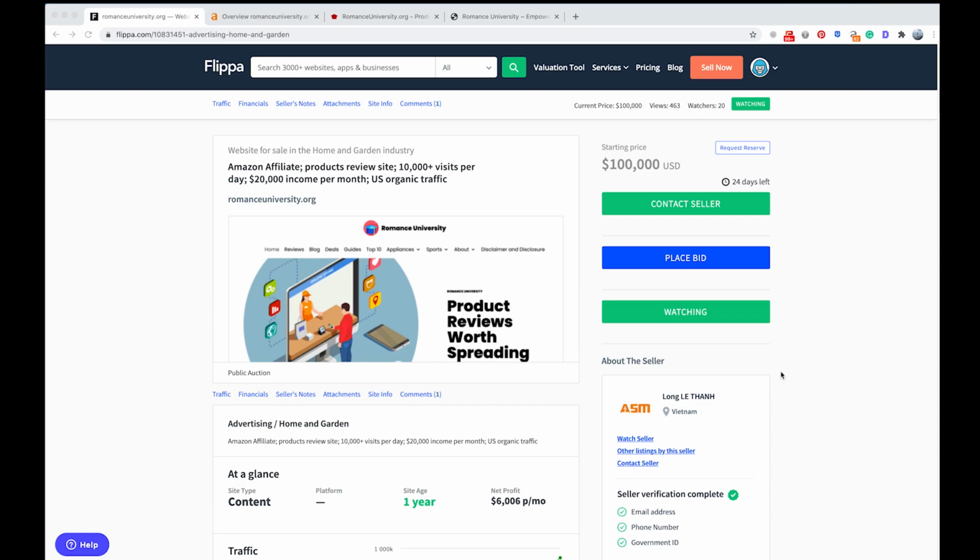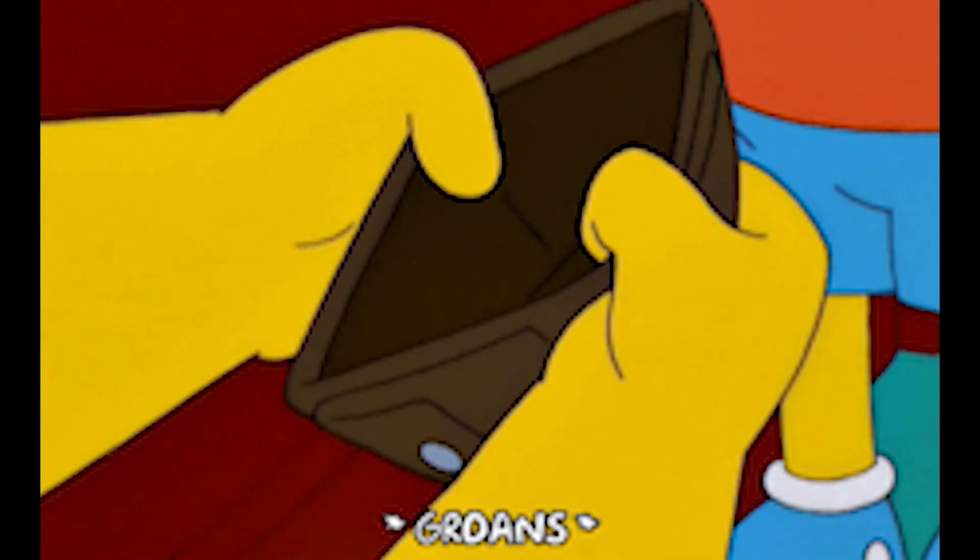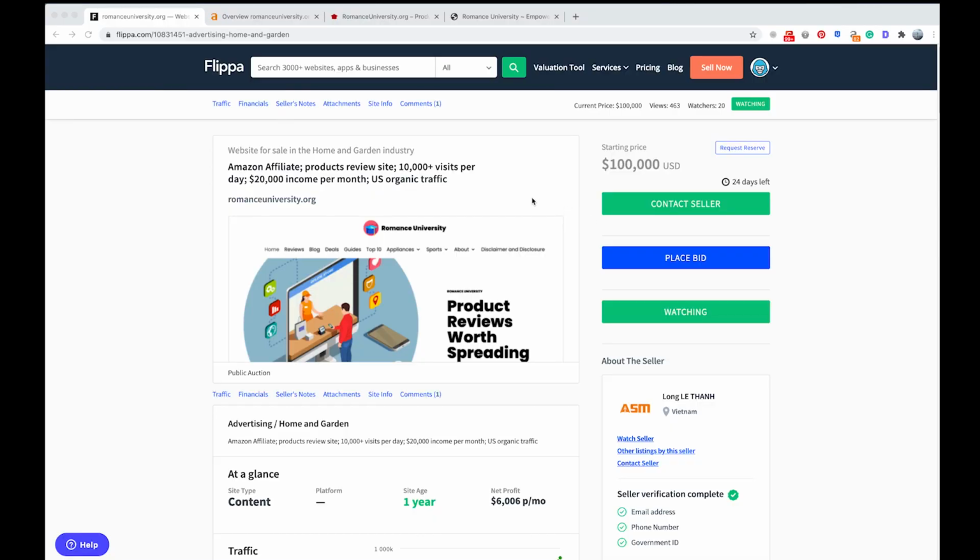So today I wanted to take a look at this Flippa listing that I came across. I'm doing some research for a site that I've been wanting to buy a new domain for, and I have an alert set up where I can see any new listing for a site that's at least 6 months of age, because I do want an aged domain to skip the sandbox, and just to take a look at everything that's available. So as I was doing that, I did come across this listing, which obviously would be outside of my budget, but it seemed interesting to me, so I wanted to take a look at why this particular domain, romanceuniversity.org, was being